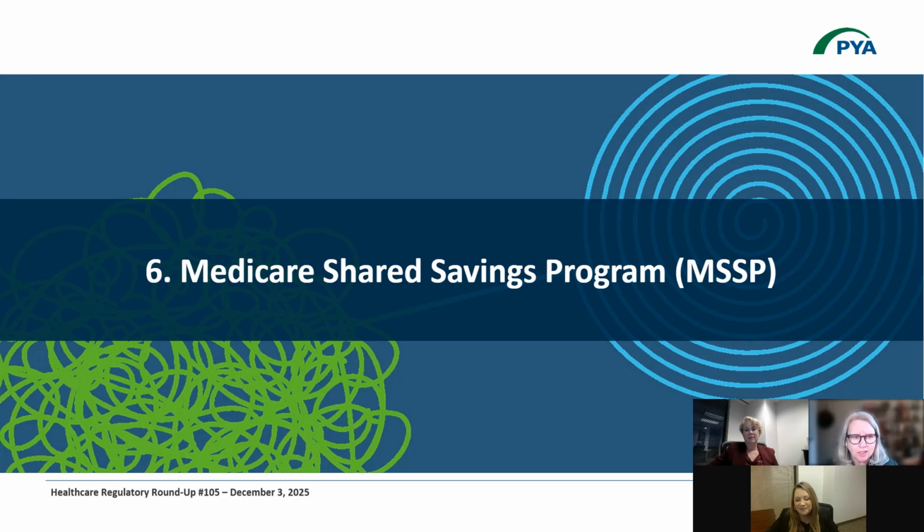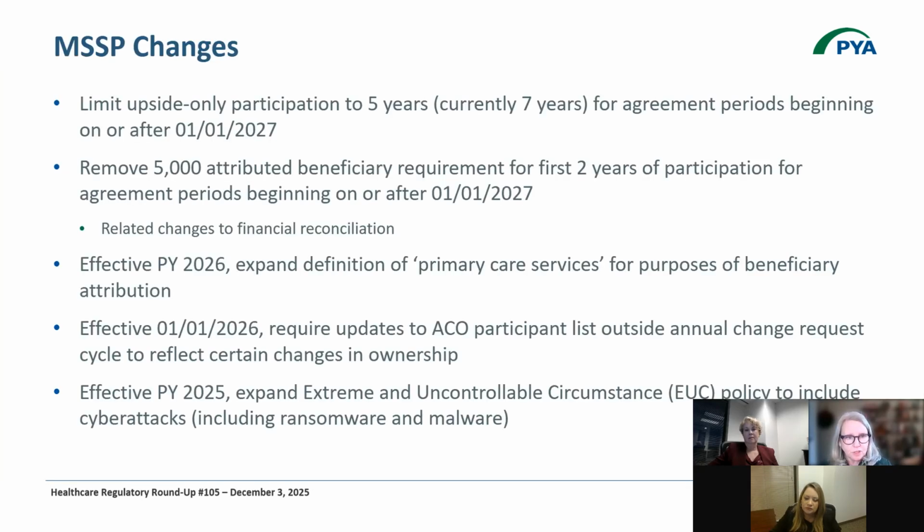And CMS is really at the point of simply adjusting minor changes that really align with other policy changes made to the Medicare physician fee schedule. Probably most impactful is the decision to limit the time for which an ACO can participate upside only. Currently, it's a 7-year period that you're allowed to remain in the MSSP without being forced to take downside risk. That's going to be now adjusted down to 5 years, but only for those ACOs that begin participating in January